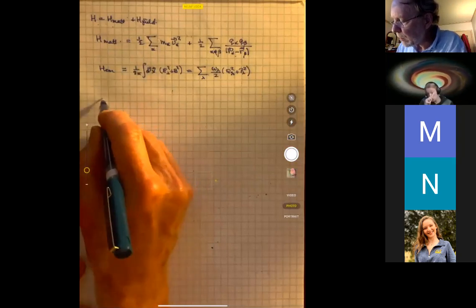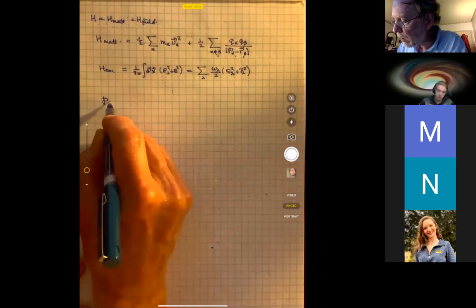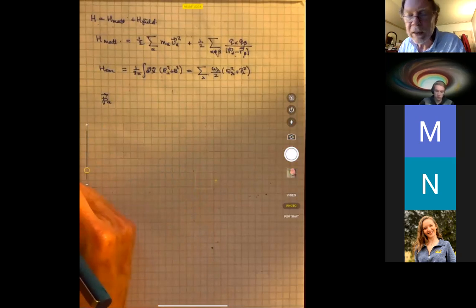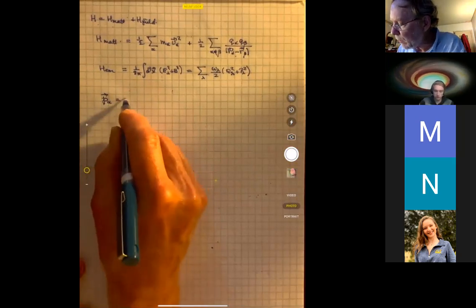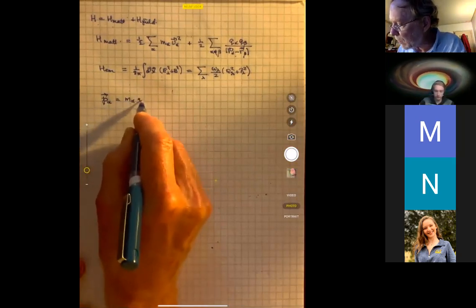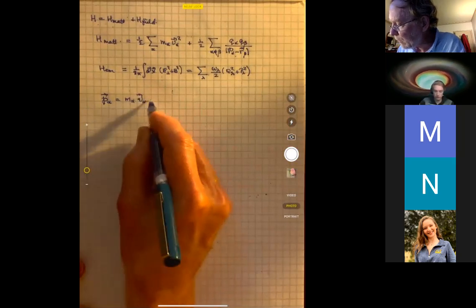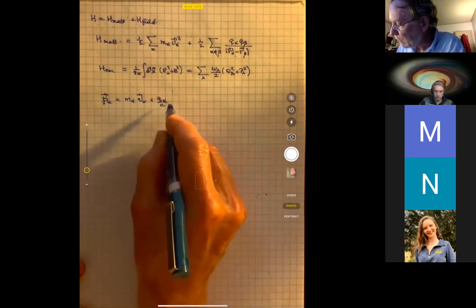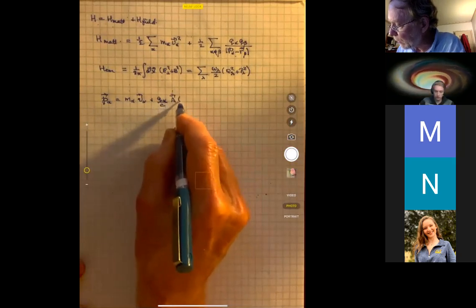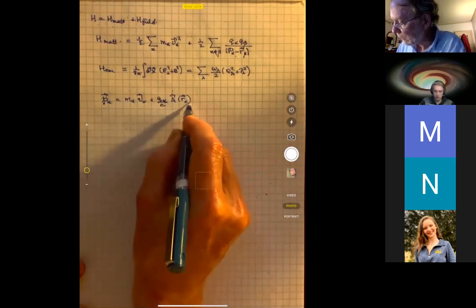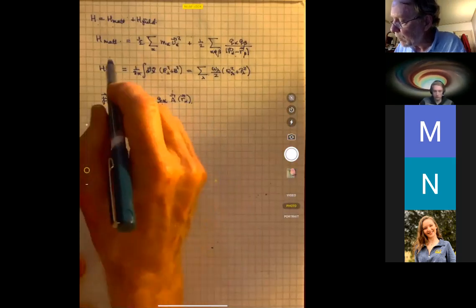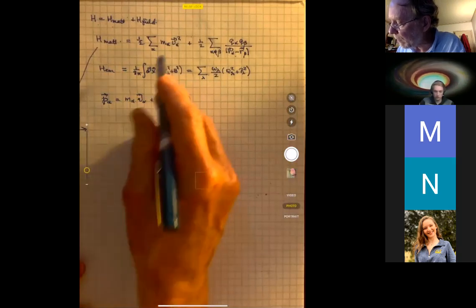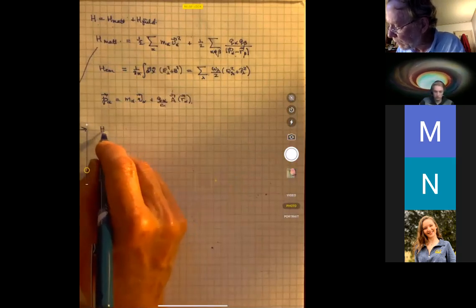Well, let's make the guess that the definition of the momentum we want is the same one that we've been using in this course so far for particles in magnetic fields. That is to say that it should be the mass m alpha times the velocity v alpha plus the charge q alpha over c times the vector potential A evaluated at the particle position R alpha. And if we do that and we take this matter Hamiltonian and express it in terms of momenta instead of velocities, then the Hamiltonian for the